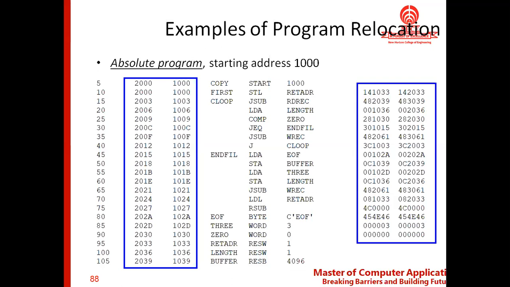If you look at the entire object code, only in very few places, the last four instructions' object code on the right hand side, there is no change. Whether it is 1000 or 2000, it is not going to change. Whereas in all the remaining places, there is a change in the object code. This is the problem we are facing. So this is with respect to the SIC machine.